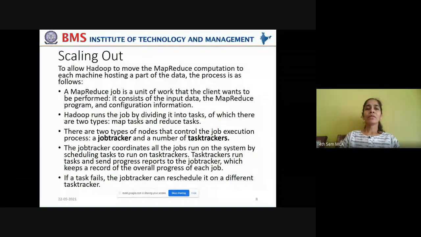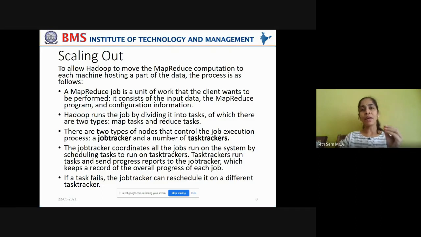Good. So now we'll see how to scale out this kind of jobs. We have seen so far how to work with one single machine in a pseudo distributed mode, that too to process small amounts of data. But how can we scale up this task in order to work on multiple machines and with huge volumes of data?